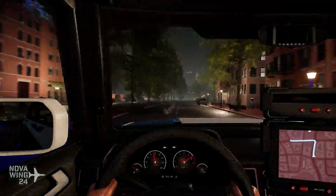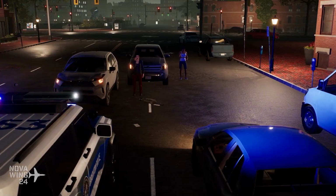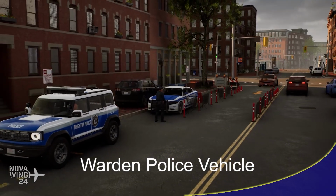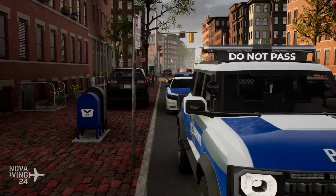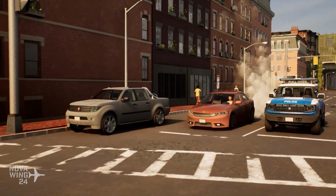And finally, rounding out the NovaWrap for this week with the release of the latest DLC for Police Simulator: Patrol Officers. So this week, the release of their Warden Police Vehicle DLC. So funnily enough, it does exactly what it says on the tin. It adds in a new vehicle that you can choose to go respond to crime in the Fair City which